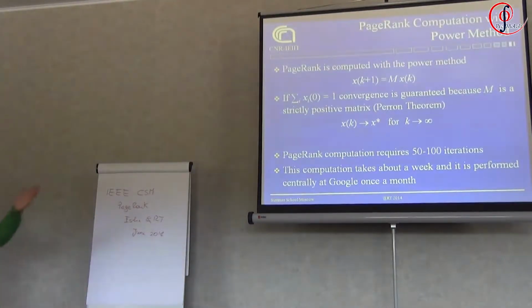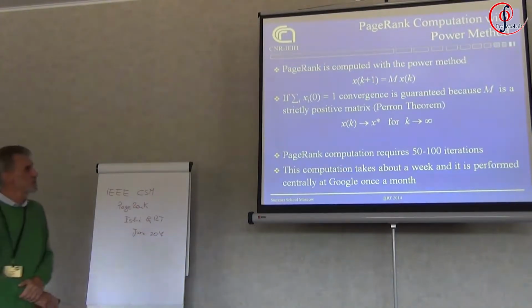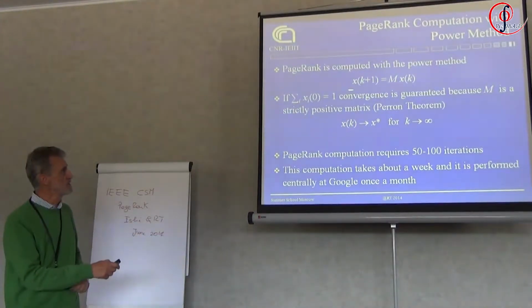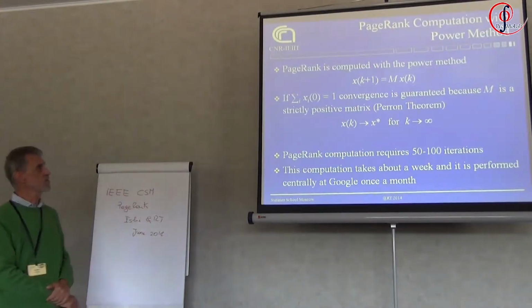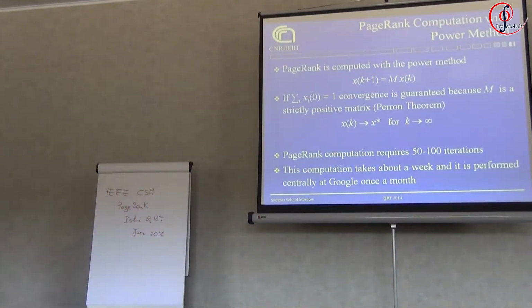Well, we can simply compute it using the so-called power method, which is just an iteration of this code. It's called power iteration, or the power method. We basically just run this iteration, x of k plus 1 is equal to M x of k, and if the initial condition is suitably normalized, convergence is guaranteed because M is a strictly positive matrix, and we know that there is a stationary value